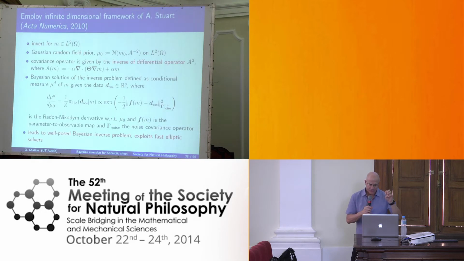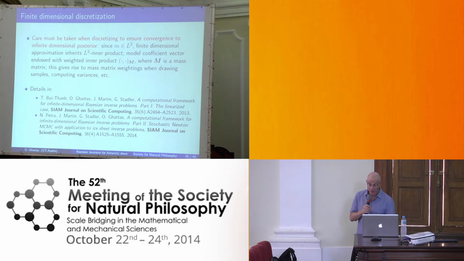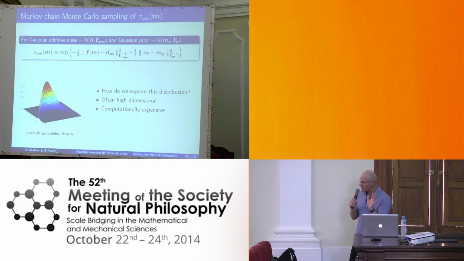What's important is you have to define the prior operator to be sufficiently smoothing such that the posterior probability density makes sense, such that the Bayesian inverse problem is well posed. You have to have a sufficiently smoothing prior for reasons that I can talk about later, and then you have to discretize this thing properly. But let's say we've discretized, we're in finite dimensions now. The posterior will look like this. If you have Gaussian